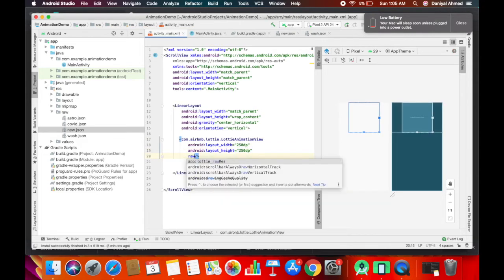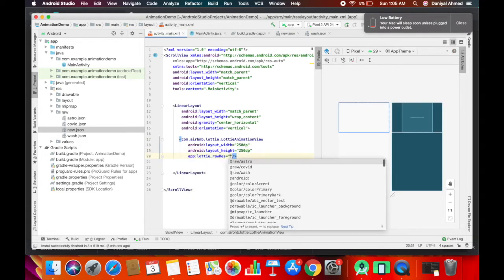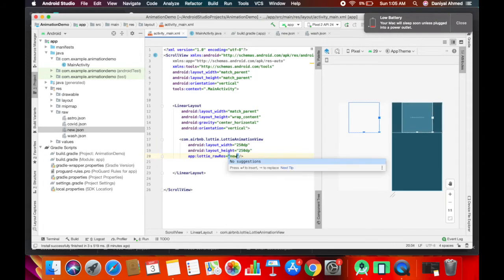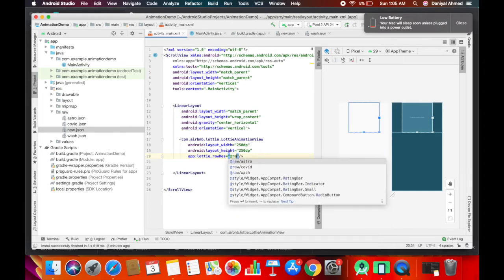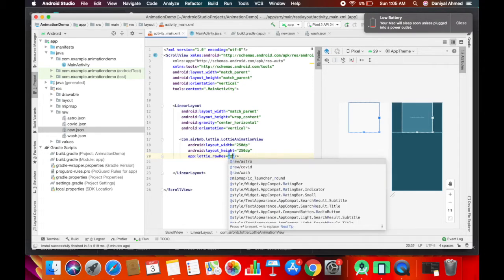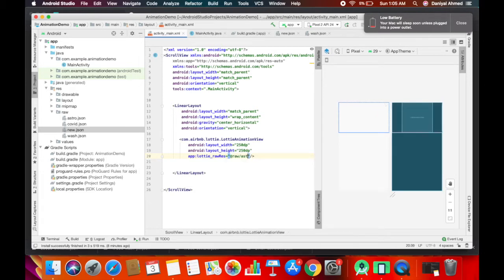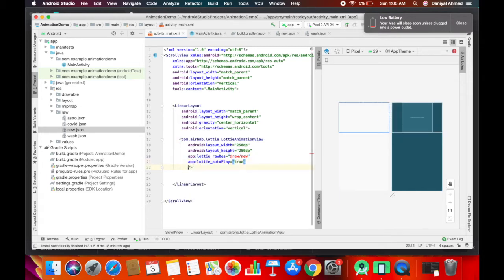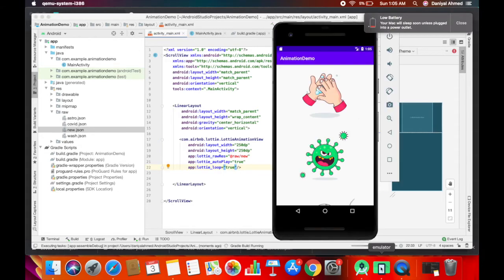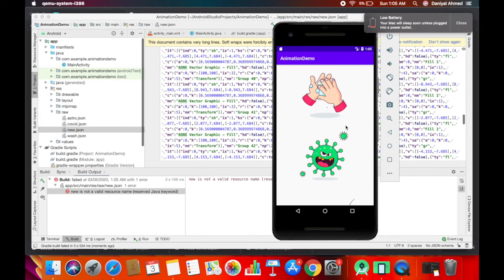For the file, I provide the Lottie raw resource, and the new, okay, one second. I think that's a syncing problem, the new file is not being selected, but let me write down the new, and the autoplay should be true and the loop I want true. Now play the application and see the output.